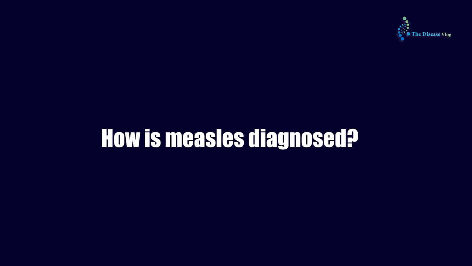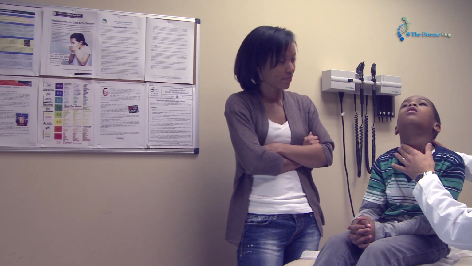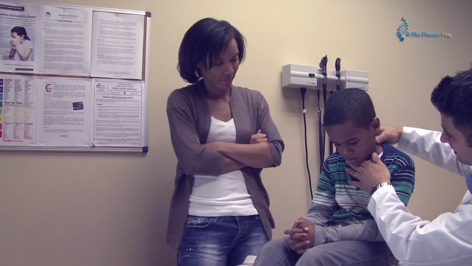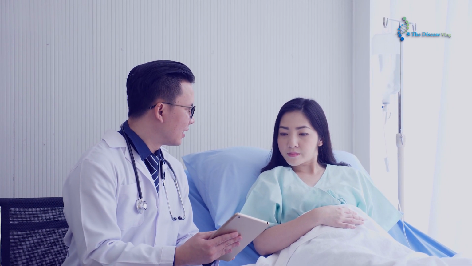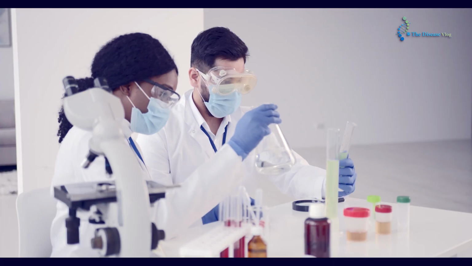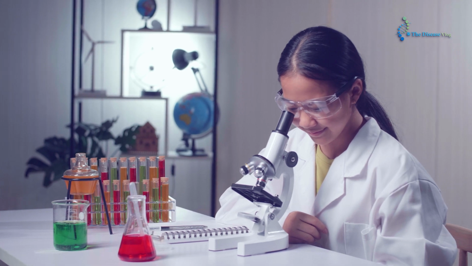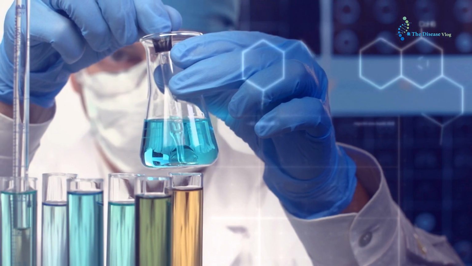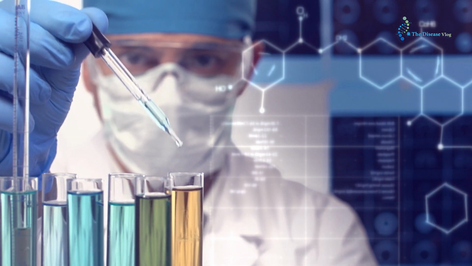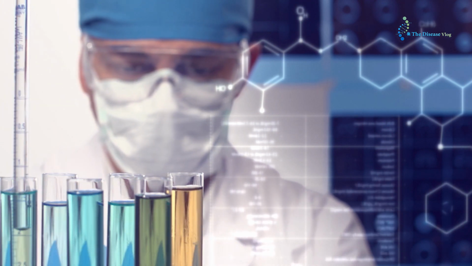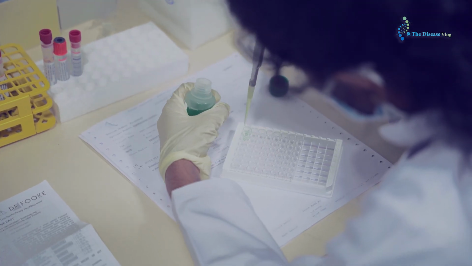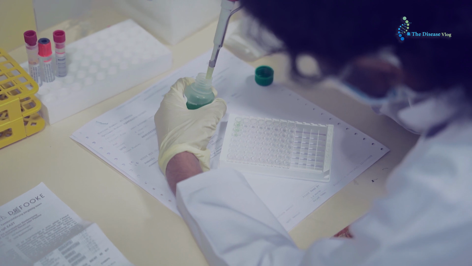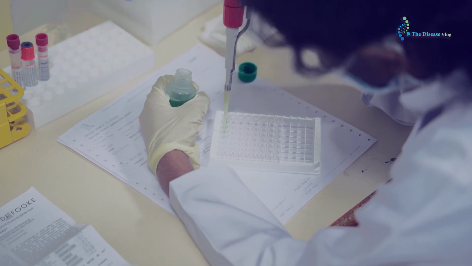How is measles diagnosed? The doctor considers measles from a febrile rash illness in a patient. Some clinical measles symptoms are also considered, especially if a person travels internationally. Laboratory confirmation could also be done to diagnose measles. The tests detect measles-specific IgM antibodies in serum and detect real-time polymerase chain reaction RNA in the respiratory specimen of the measles-infected person's body. These tests are performed by taking laboratory serum samples and throat swabs from suspected persons.